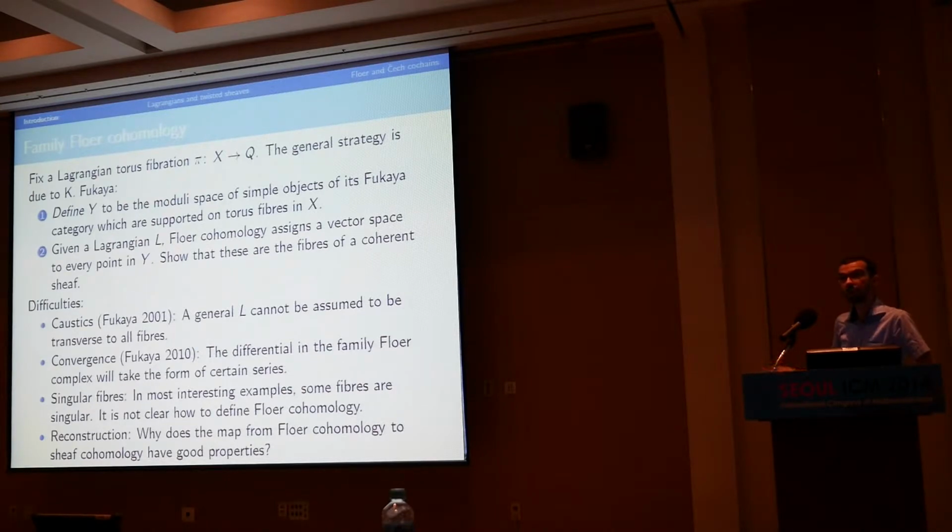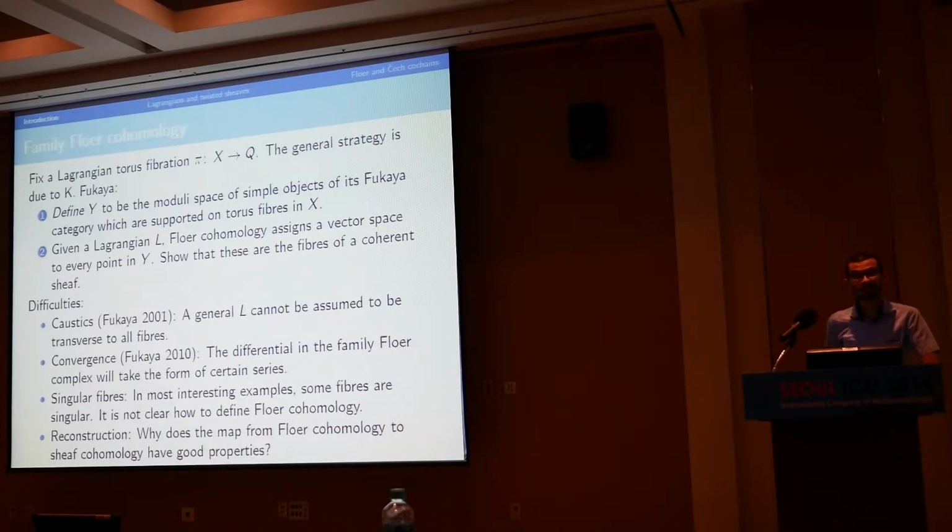But now it's not enough, because you need convergence not at one point, but in an entire neighborhood. We're going to say that something is analytic, so we're going to write down some series, and a priori they're just formal series, and we need to check if they converge. So this was again addressed by Fukaya 5 years ago, in a slightly simpler situation, but that was basically the main idea was already detailed.